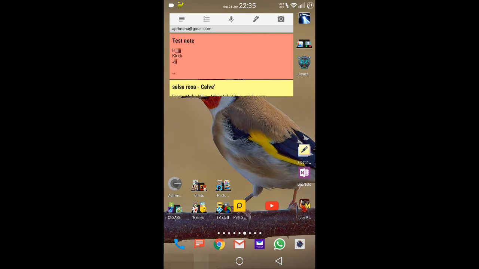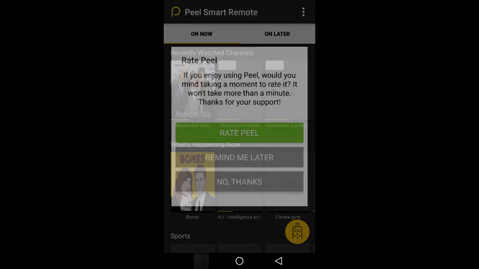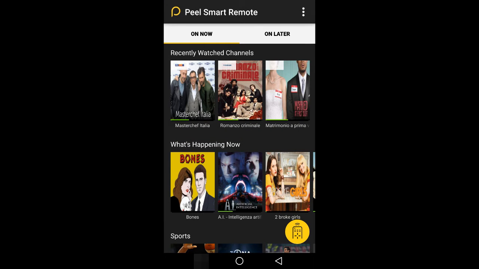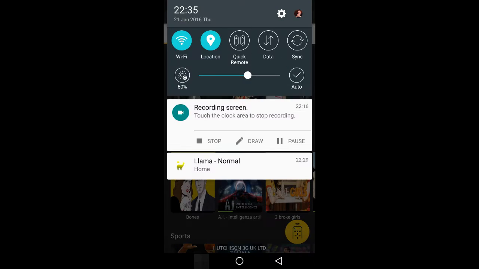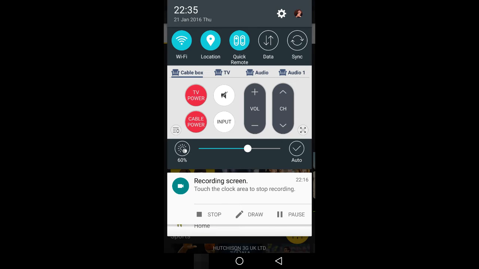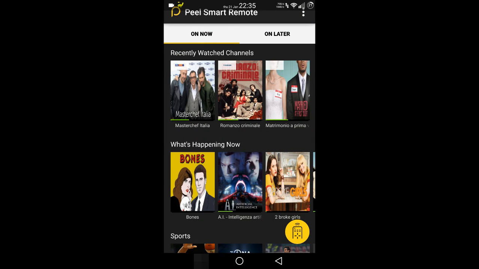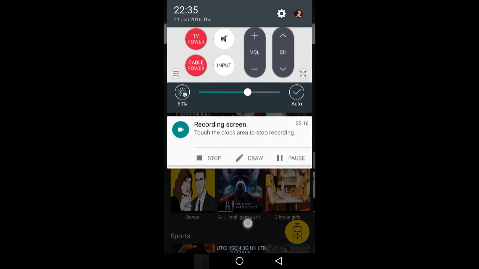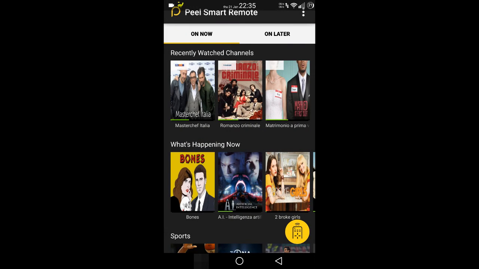A new application that I've found that I like is the Peel remote control. If I just launch that, let's see if it comes up. I started using it because I had some issues with CyanogenMod 13. The default quick remote wasn't working, but I have this native one which is perfect and everything works. So the only one that I could use that was of any good was this one here, Peel Smart